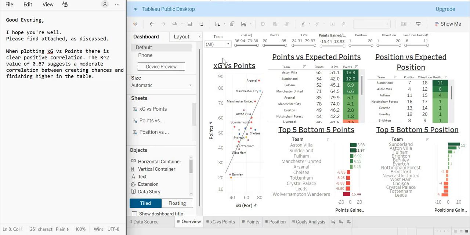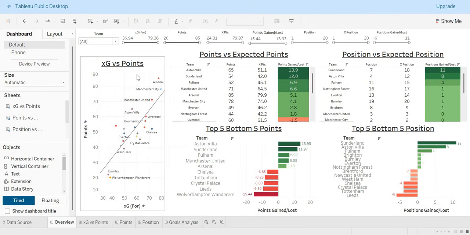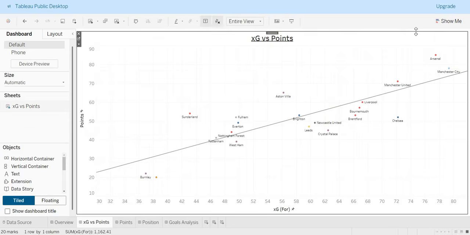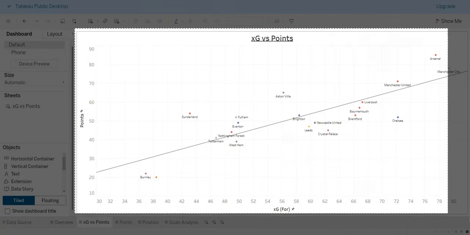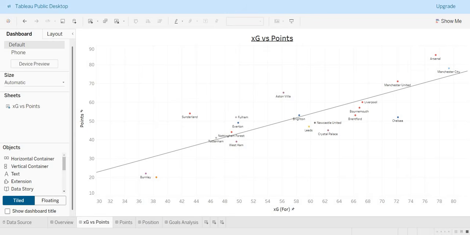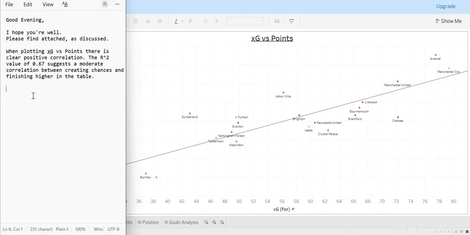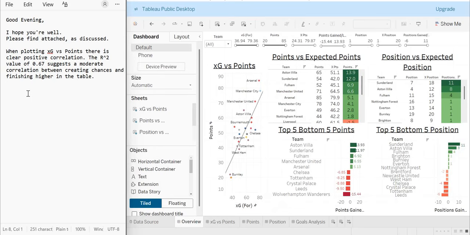And then I'll probably plot it, so I'll get a little, like, if I made it full size, one second. So if I just do this, xG versus points, I'll probably grab this and screenshot it, and then just pop it in the email. They can probably see this anyway if they go to it, but it gives a clear indication as part of the email. You can just pop it in there. I can't screenshot on Notepad, but you get the point. You can just drop that in there. And then I'd keep on going, just saying stuff like